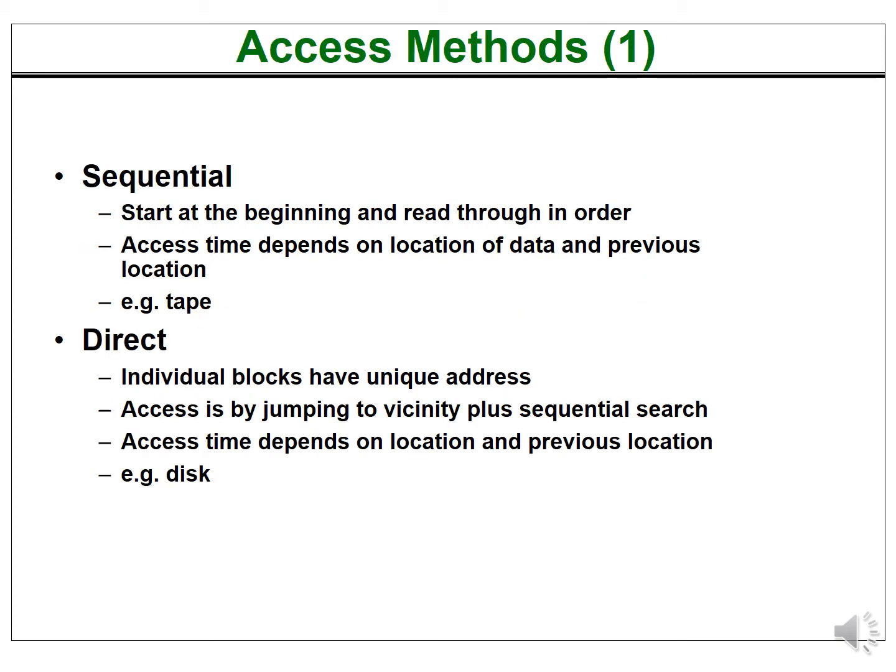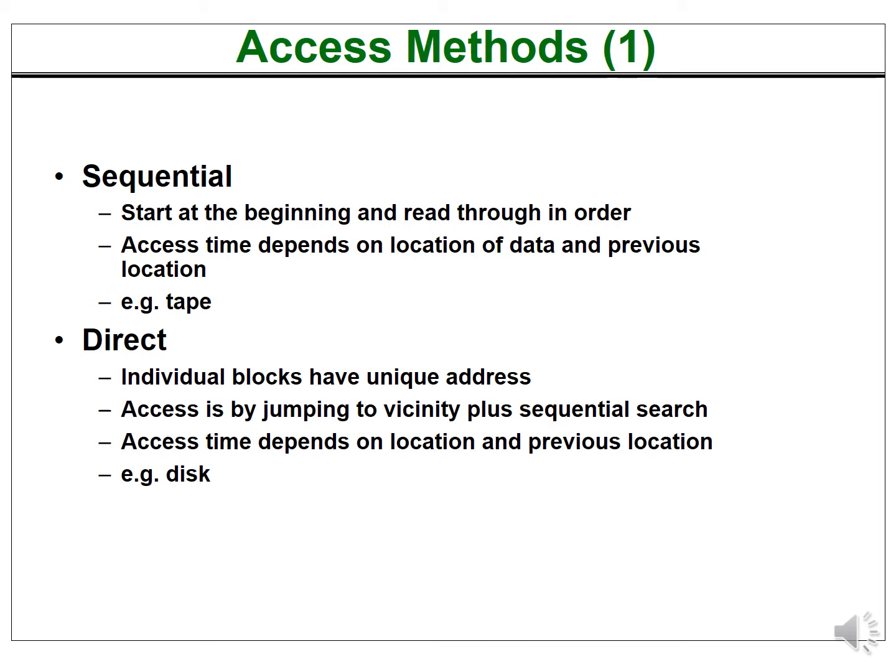Then there are access methods. On the basis of access methods, we may have 4 types of memories. We have sequential memories. Sequential memories in the sense that, let us take the example, when I take the roll call, I start with roll number 1 and go up to the last roll number. Similarly, in a sequential memory, the reading or writing will start at the first location and proceed in a sequential manner to the last location. A good example is the magnetic tape.